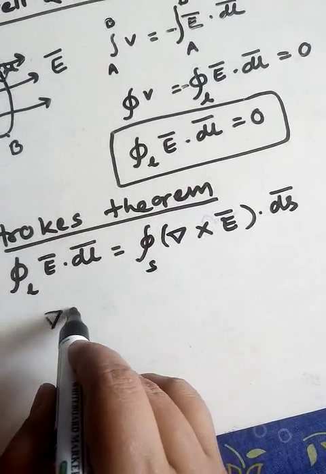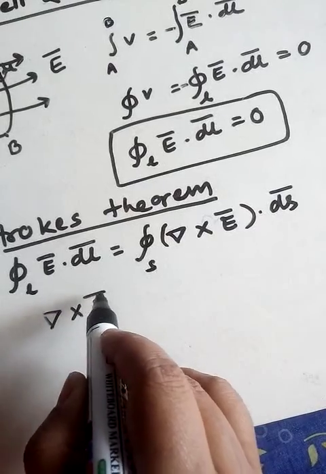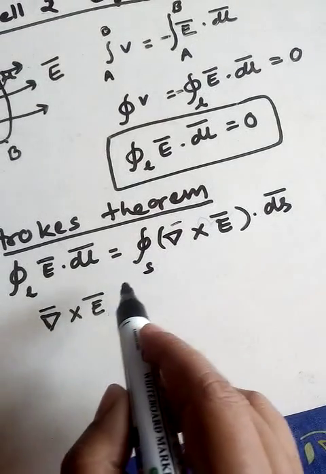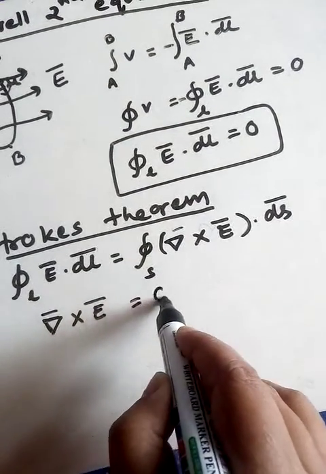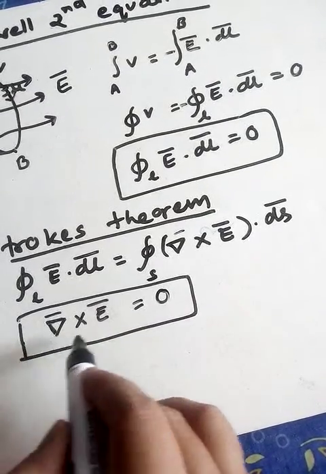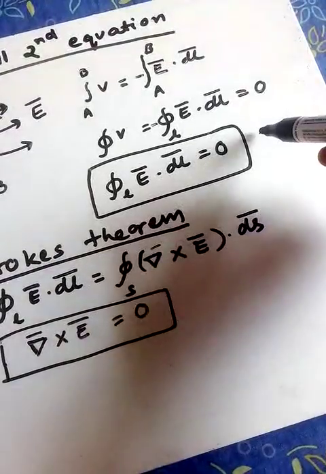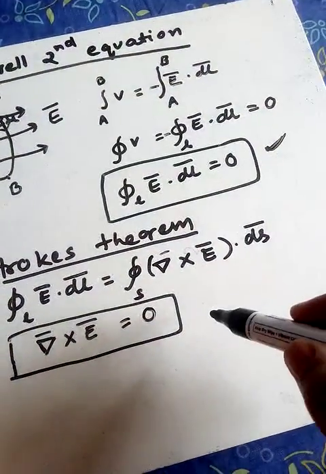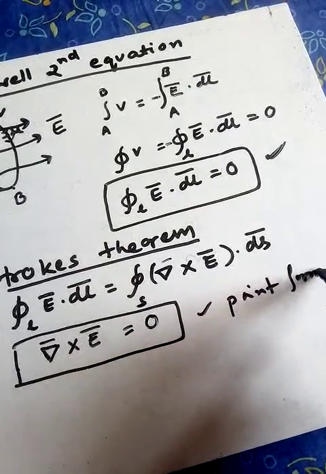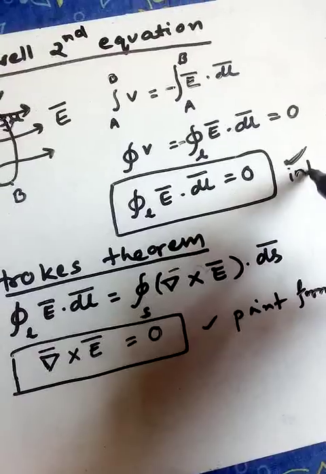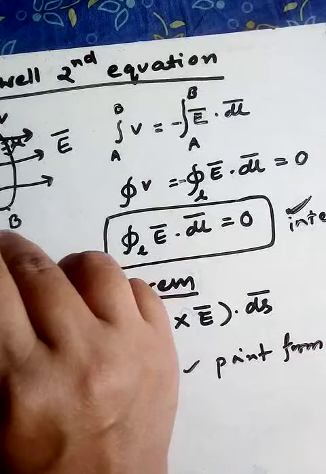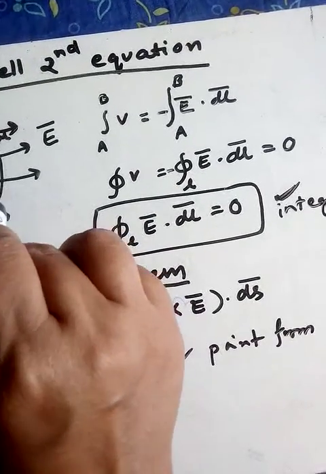So what we will get, del cross E is equal to, of course this is a vector, del cross E is equal to 0. This is the point form or differential form of the Maxwell equation, and this is the integral form of the Maxwell equation. So Maxwell's second equation states that the potential difference